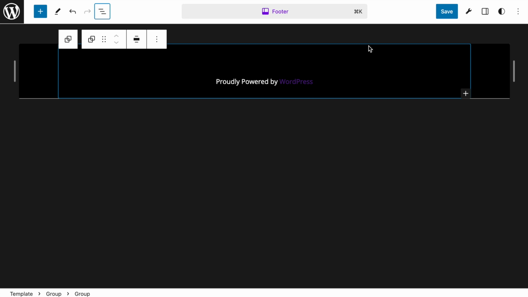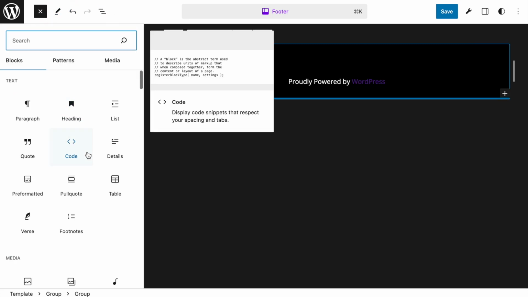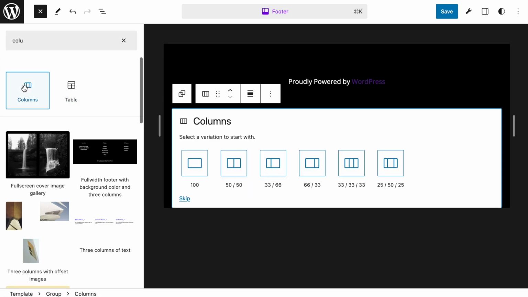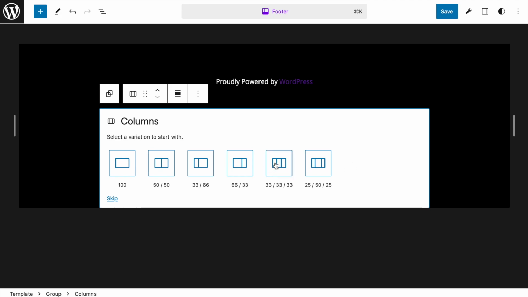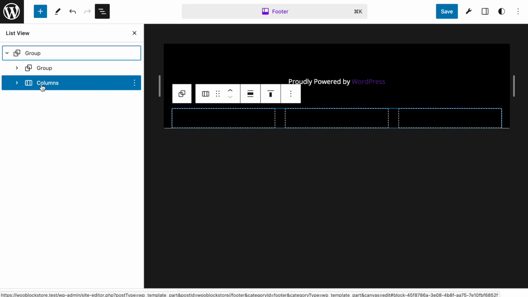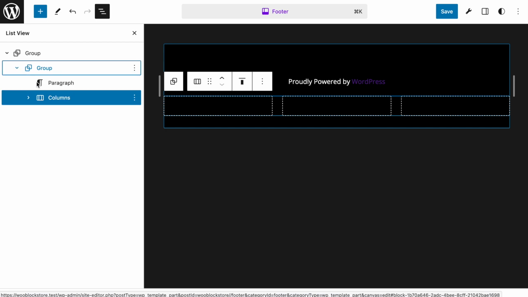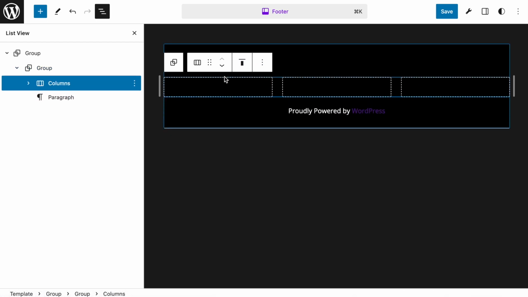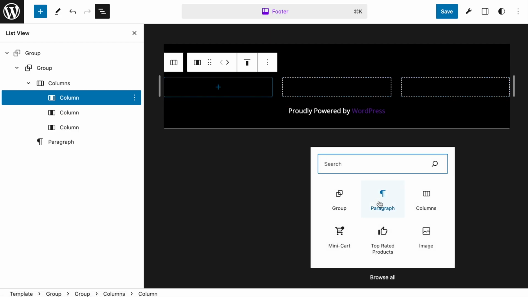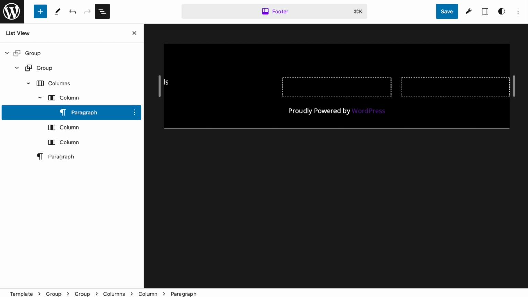So let's add in, say, a columns block, and we'll fill it up with some Greek text for the moment. I want 3 columns, and I want to take the column and move it into my group, and then push it above the text. Then within my columns, I want to add some paragraph text, and we're going to fill this with some